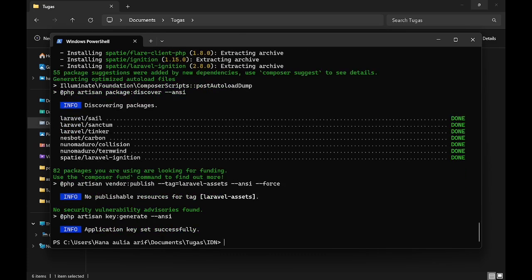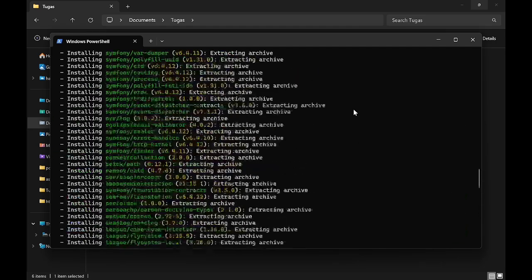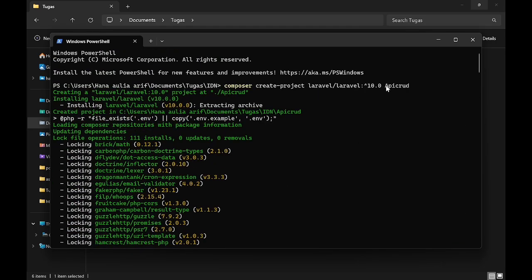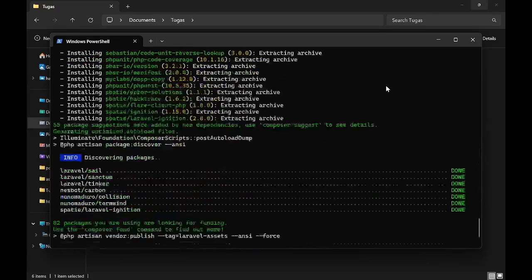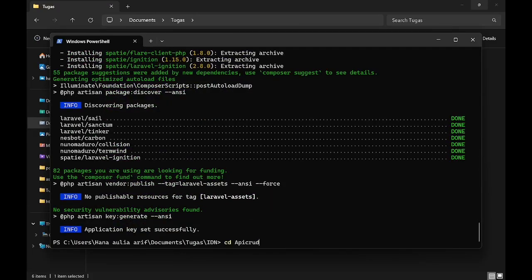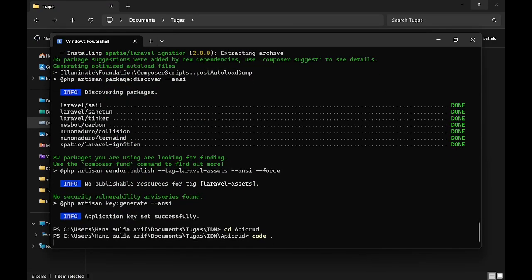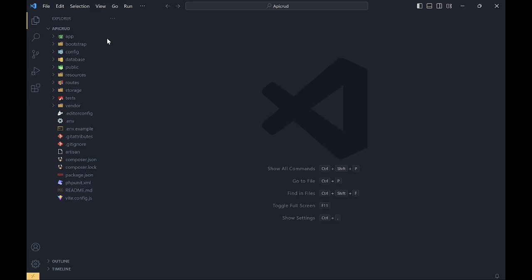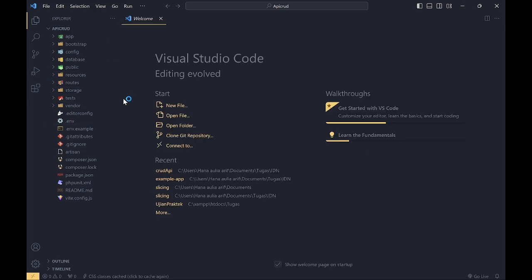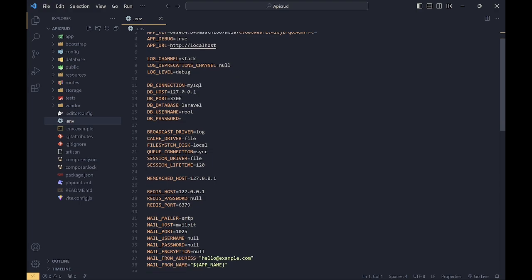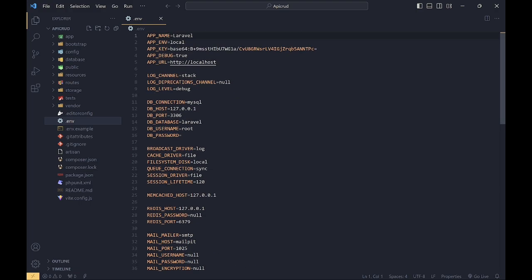Like this. After this, we open this API CRUD with cd API CRUD, and then we open this Laravel project in Visual Studio Code like this, and then we rename the name of the database.